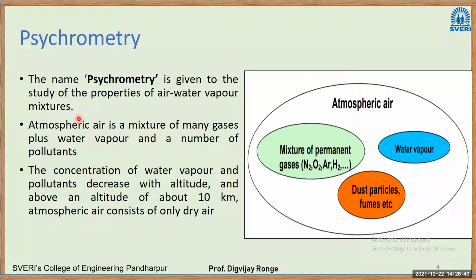So we started with psychrometry. Psychrometry is the study of moist air. Moist air is the mixture of dry air and water vapor. I have given you the example of atmospheric air. It contains gases like oxygen, nitrogen, carbon dioxide, etc. It contains water vapor because of the evaporation of water from oceans and rivers. It contains dust particles, so people living in the Solapur and Pandharpur area are well aware of the situation. It contains fumes, pollutants, etc. But here our study is restricted to only these two parts: the mixture of gases and water vapor. That mixture is called moist air. The study of moist air is psychrometry.